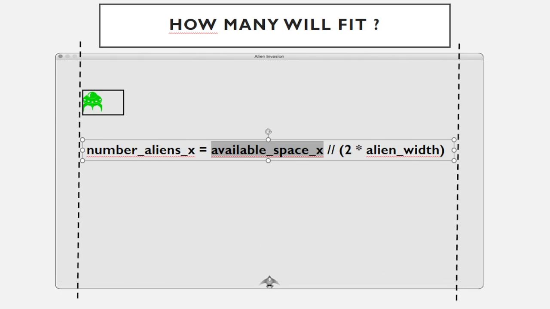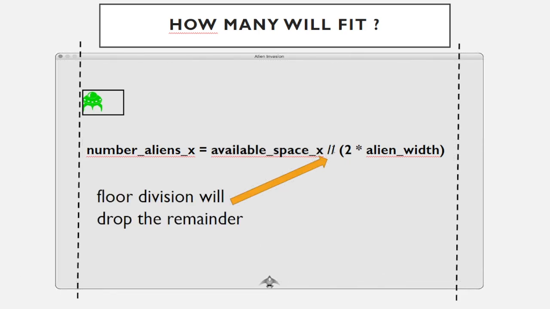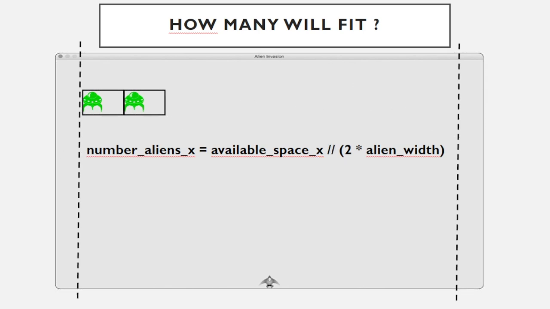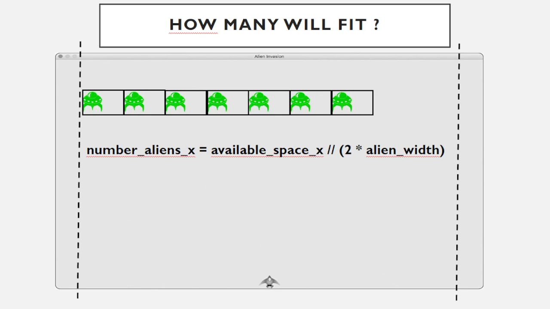And this double slash is good old Python's way of giving us a floor division, and we can drop the remainder because these are integer values. We don't want a fraction of an alien. So we write out the number of aliens because we know how many we can put there. We write them out, and we get to the end. And now that we have a row of aliens,